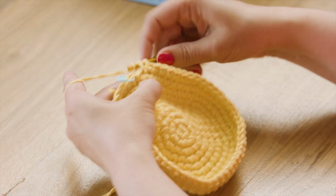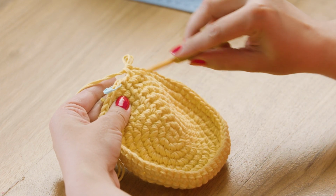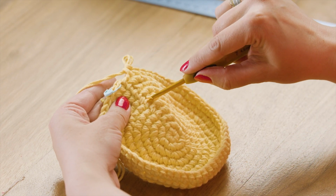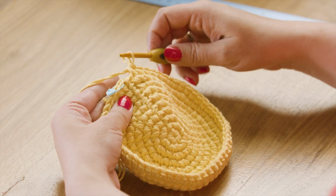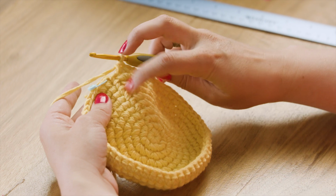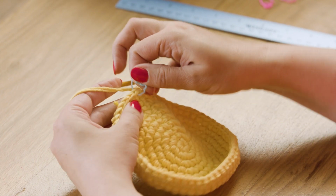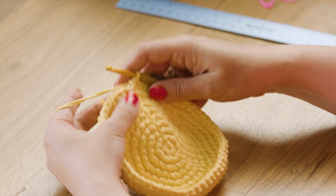So I'm coming to my last stitch here. I still want to be careful not to work that join. So I went ahead and added my marker back there, but these are the joins. And here we're going to start our spiral rounds. And the reason why we're going to work in a spiral here is because I don't mind this showing on the bottom, but I like the cleaner look of a spiral for the sides of the basket. So I'm going to take out my marker